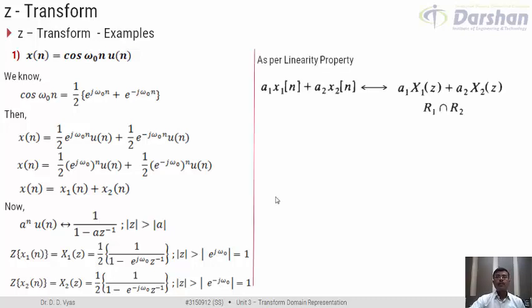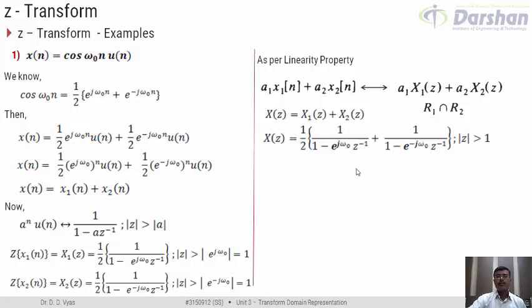So now, as per the property of linearity of Z transform, if I have in a discrete time domain addition of two signals with some multiplying factor, then in Z transform also we would have addition of individual Z transforms with the same multiplying factor. So the Z transform X(z) can be expressed as X1(z) plus X2(z). And now we know what is the Z transform of X1(z) and X2(z), so let us try to substitute these values here. So what do we get?